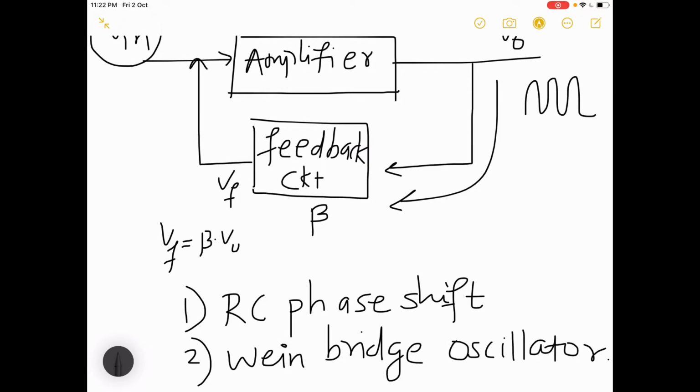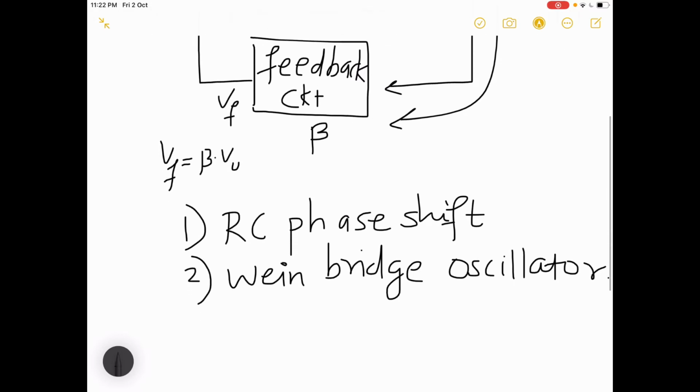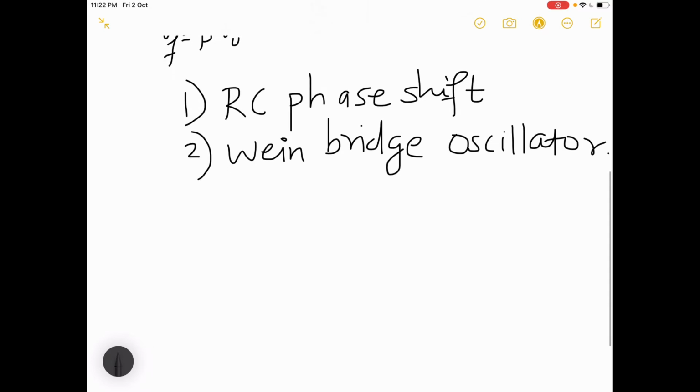So, first we will go for the RC phase shift oscillator. The RC phase shift oscillator consists of an op-amp serving as an amplifier stage and a cascaded RC network acting as the feedback circuit, as shown in the figure. First, we will see how to draw the RC phase shift oscillator. As I told you, there is an amplifier part and a feedback part. For the amplifier part there is one op-amp with one resistor, R1 suppose, and this is RF.